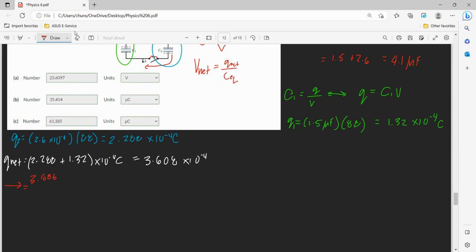3.608 times 10 to the negative 4 coulombs over 4.1 times 10 to the negative 6. This gives us, so divided by 4.1,